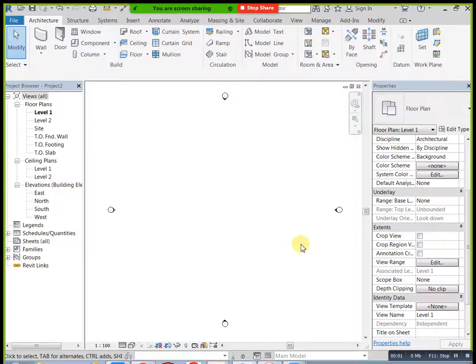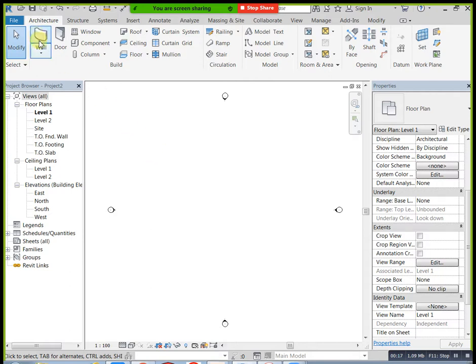Okay. Today we will discuss model in place. Why are we using model in place? It is nothing but a design. You can create any type of design, from the project to a family. You take a model and you can create. That is applicable here.